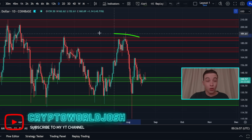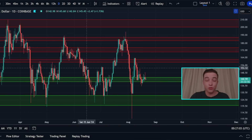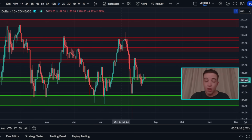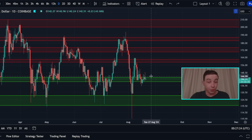And when we're looking at the overall trend right now in the price of Solana, technically speaking, we're still within a massive sideways price range. So the overall trend on the daily time frame is actually relatively neutral. But of course, during a sideways price range, we can see short-term bullish moves and short-term bearish moves. And if you want to actually trade these moves in the price of any crypto,